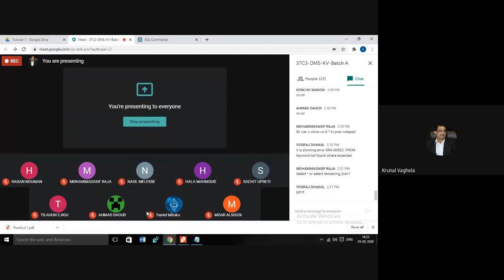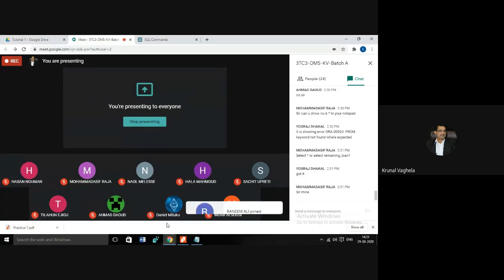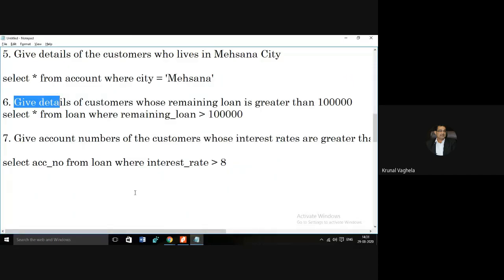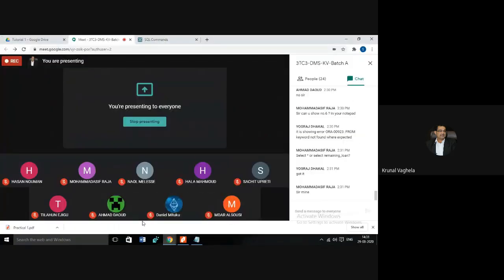Anyone, anything? So now what you need to do, you need to create all 4 tables, insert all the data, and you need to make 15 queries. I have made 6 like this. So you need to make 15 queries like this, or you can ask your friend to make queries for you, or you need to make queries for your friend.